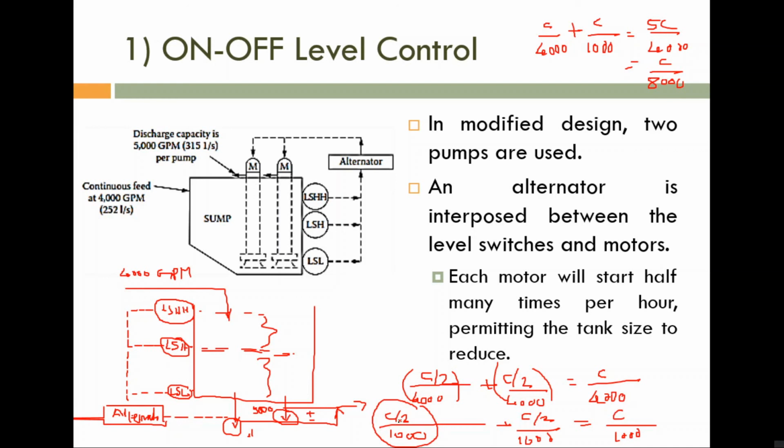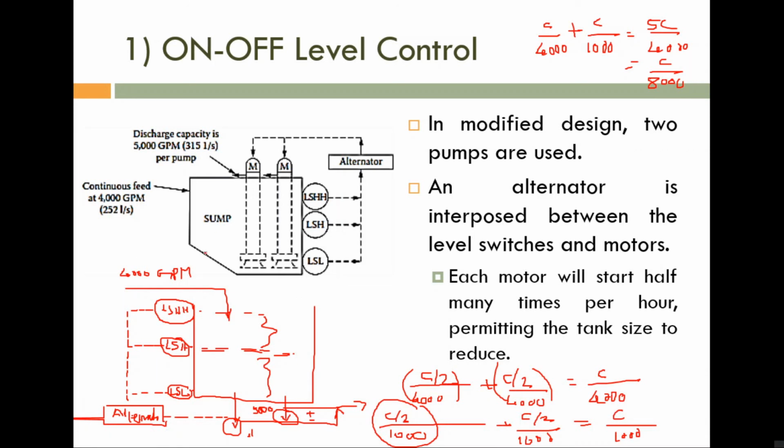In the previous case, in one situation, one pump is operating for 50 minutes, second one is off. During the next cycle, next one is operating for 50 minutes, first one is off. So the continuous operation is not reduced, continuous operation is 50. If it is operating, it is continuously operating for 50 minutes. Okay, so such differences are there. In first case, number of starts are reduced, operating time is not reduced. Here, the operating time is reduced, number of start is not reduced.